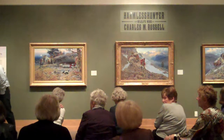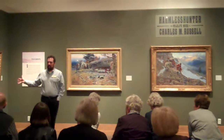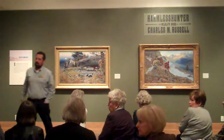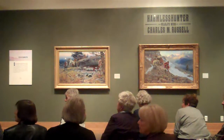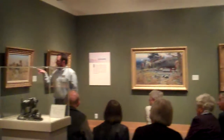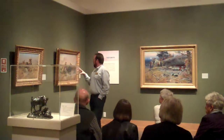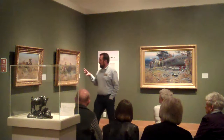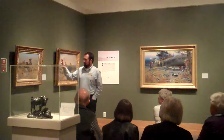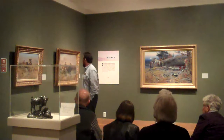In this case, he's got Native Americans hunting with guns, which Catlin didn't do. In that case, he's got the bow and arrow. Yeah, so that's bow and arrow. That's guns. This is spears. This I like in between these two because, again, you can see the development of his style to a certain degree. This one's dated,